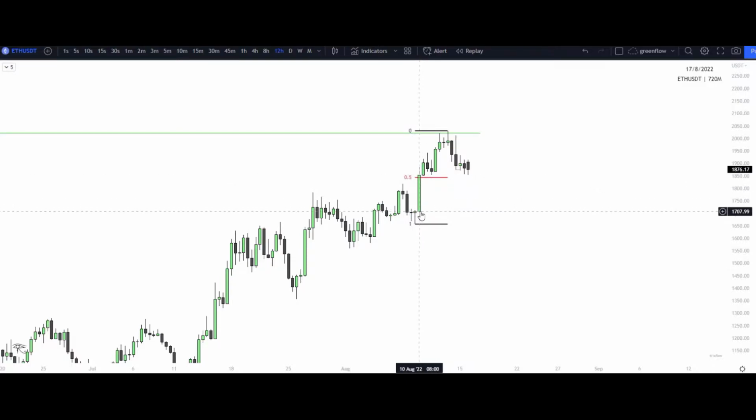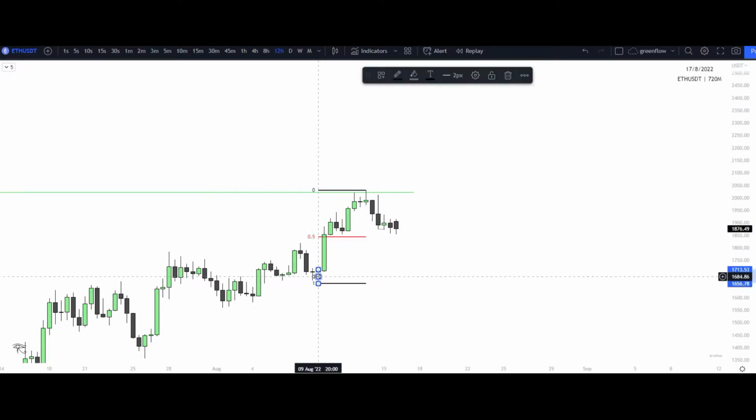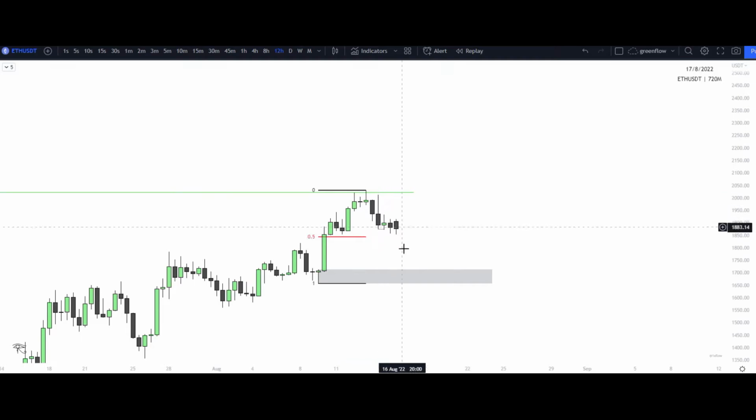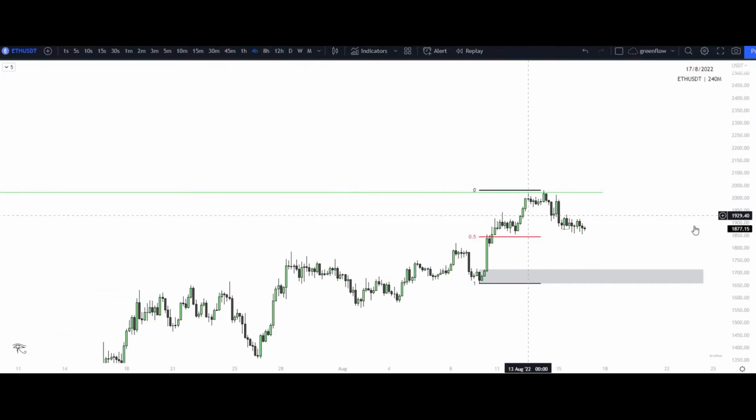We have another fair value gap, an area of imbalance within this price, 1846 to 1712 roughly. If we can reaccumulate within that area, like we were talking about for Bitcoin, for that demand that we had mentioned, again, reaccumulate, continue to the upside. But if we continue to leave these lows and take these highs, then we will be looking at some type of possible distribution schematic. Obviously, we can then confirm that once the breaks of structure to the downside are given.